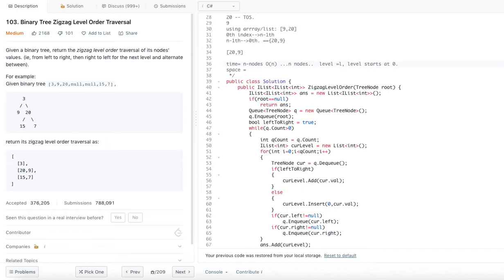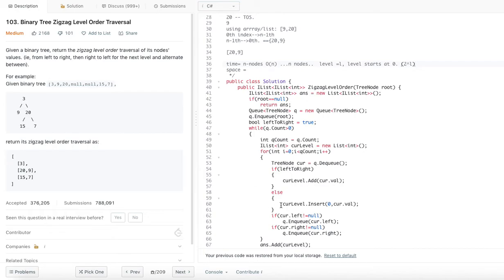So 2 power L nodes are possible, and these are the nodes that we are processing from right to left. In those cases, there is an extra complexity that we need to consider.